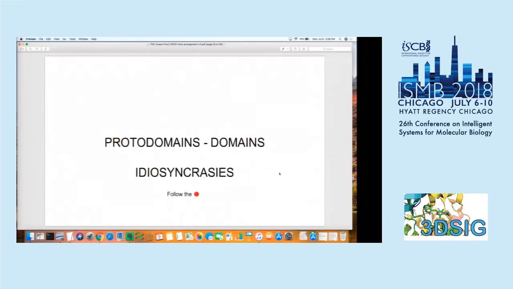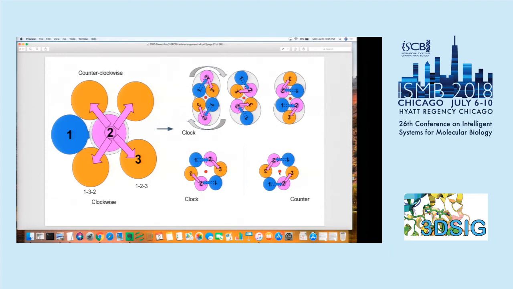So one thing that when you observe these protodomains across domains, and not just for membrane proteins, you find that they are idiosyncratic. A protodomain usually will define a domain uniquely. Very rarely will you find a protodomain that can match another substructure in a non-symmetric domain. So